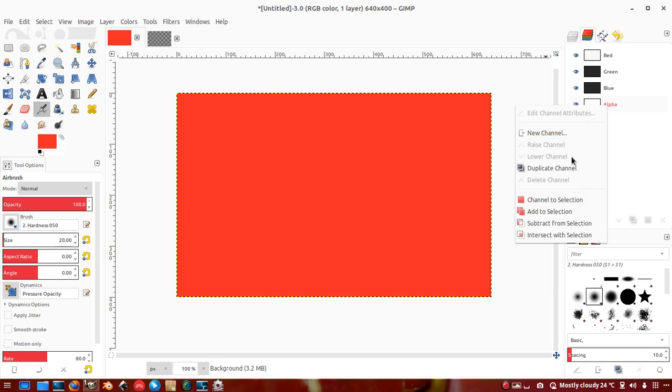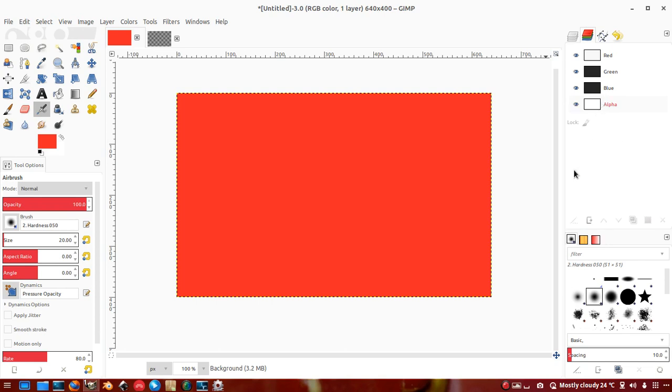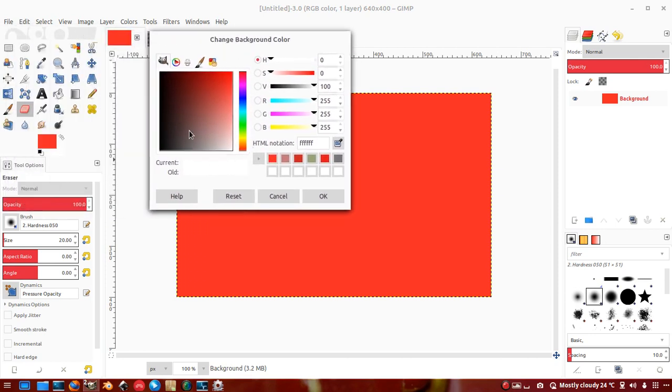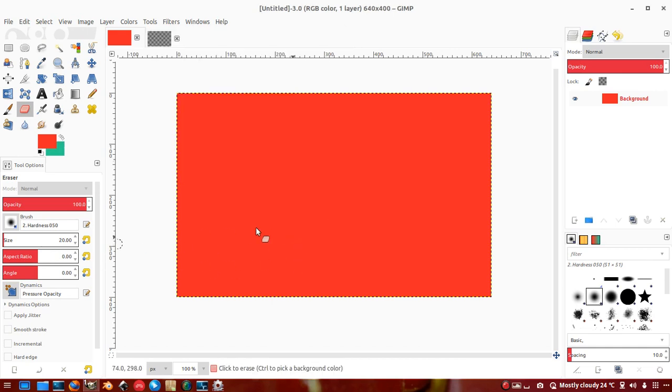Now let me go ahead and delete this channel, or maybe undo this so that I get the 3 channels back. I'm gonna select the eraser tool. This is the eraser tool. I'm gonna select it and erase this. Let's see what will happen to this image. And to make things clearer, I'm gonna change the background color as well. I'm gonna set the background color to green. I've set the background color to green, so when I erase this,